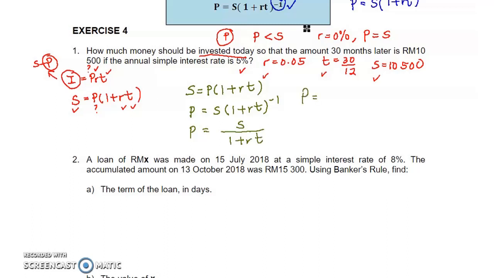So P equals S, 10,500, divided by 1 plus RT, where R is 5% and T is 30 months. So P equals RM